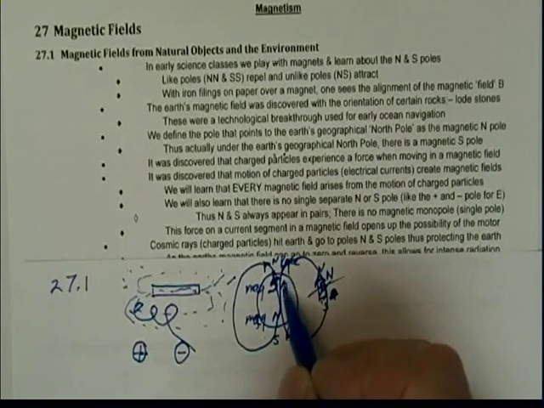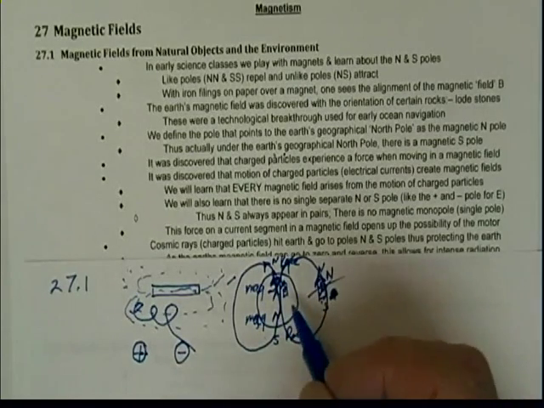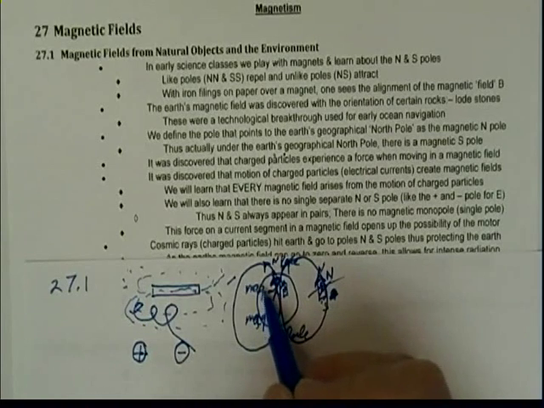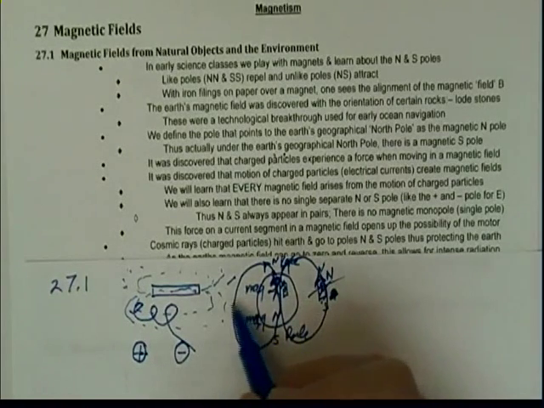Points the way that a north pole would point. So our magnetic field lines go this way because they're pointing like that. Direction of the magnetic field is the direction that we would see a magnet point. So out here, we would see the north pole go this way, attracted,